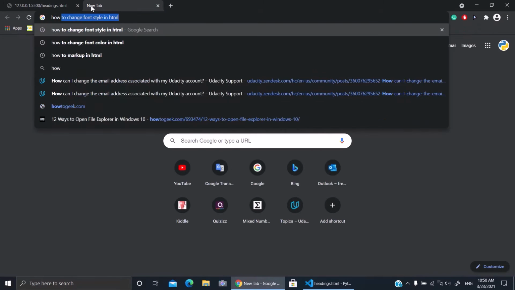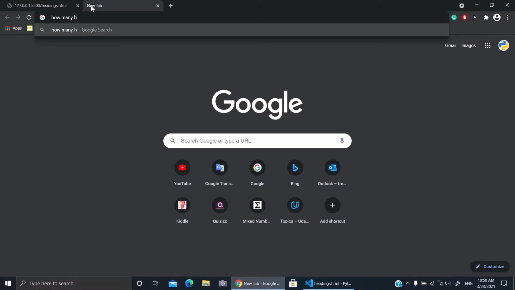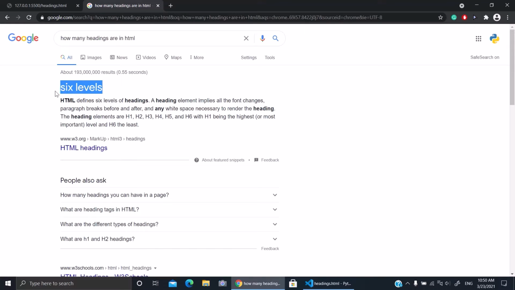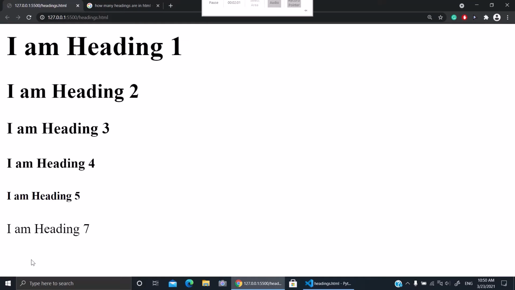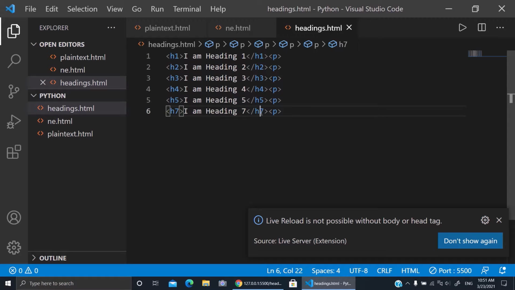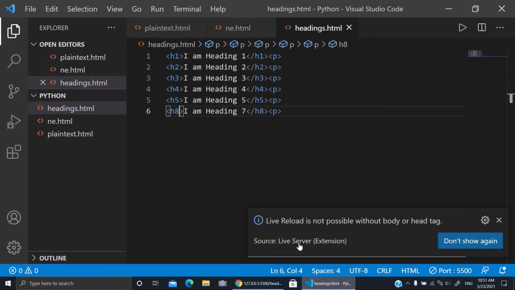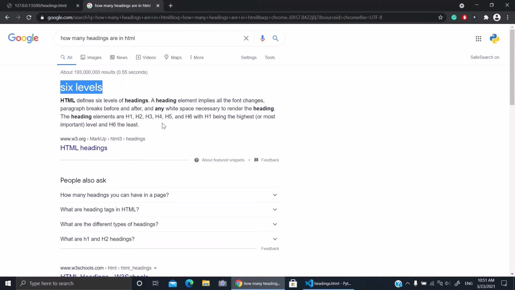So you can also search how many headings are in HTML. You can search. There are 6 levels, but this is a normal text. I don't know. I can just check 8. If it's the same, it means there are only 6, as I know. Yeah, it's only 6. Okay. Also, if you search on Google, here we have 6 levels: H1, H2, H3, H4, H5, H6. H1 is the highest or most important, and H6 is the least. Okay. Now